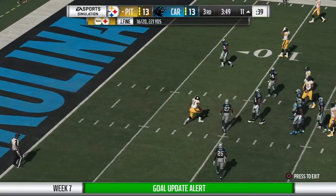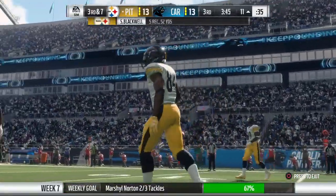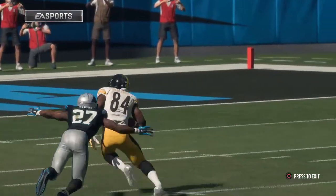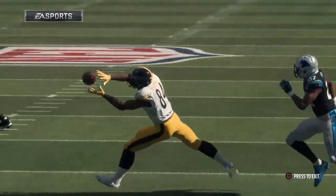Quickly here, and that's complete. And he's brought down just outside of the 10 at the 11. They get 11 back on that one. It leads to third down. This drive, it's been a good mix. 3 passing plays, 3 runs, hitting on all 3 of those passes, and the last one putting him in the